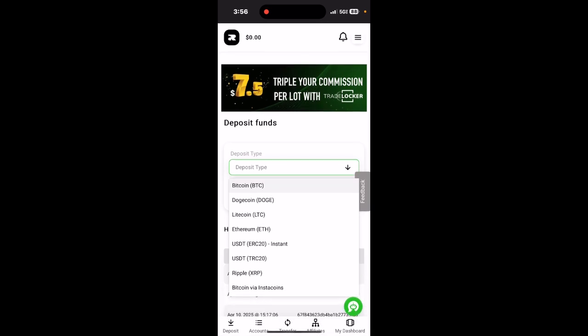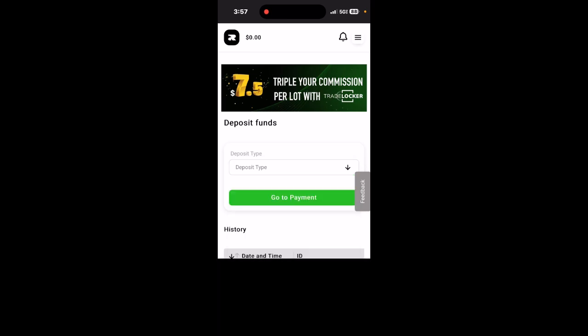With deposits, you have all these different ways of sending the money here. Bitcoin, Dogecoin, Litecoin, Ethereum are the main ones, and Ripple. But me personally, I would buy Litecoin or Ripple because it's the fastest. And then they'll give you the address, and you basically just send it to the site. Once it's complete, it'll appear up here in the upper left corner in a USD format. And once you're done with that,